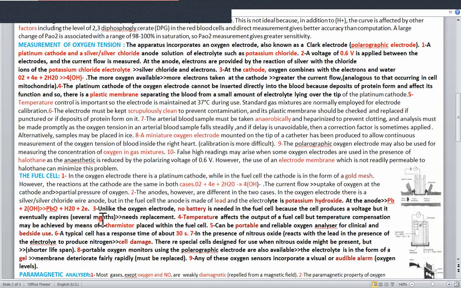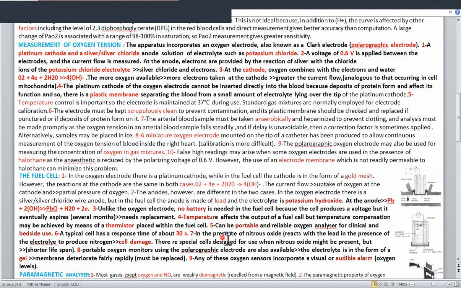So this is why it expires after several months, so it needs to be replaced. Of course, we must take off the temperature, and the temperature is kept constant by a thermistor. This is the difference between it and the large electrode: the presence of a thermistor. Of course, there is another thermistor present to keep the temperature if there is a failure in the temperature controlling